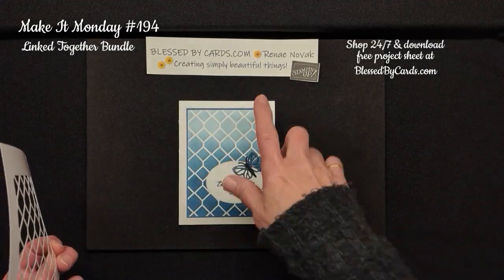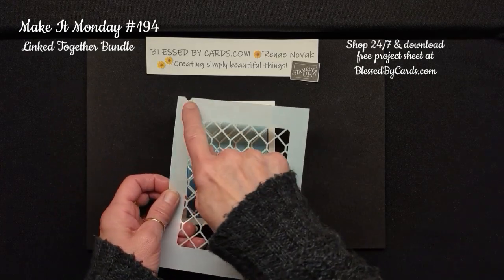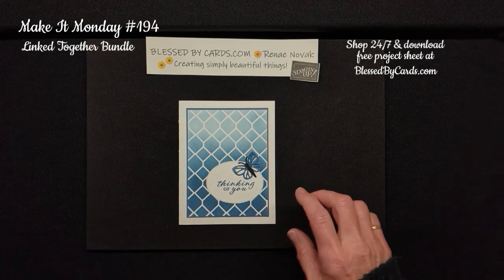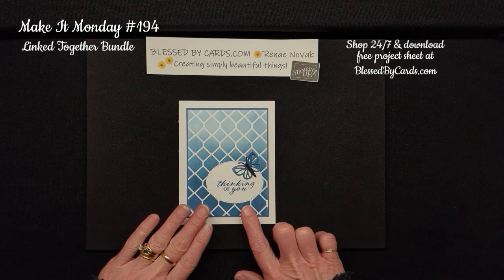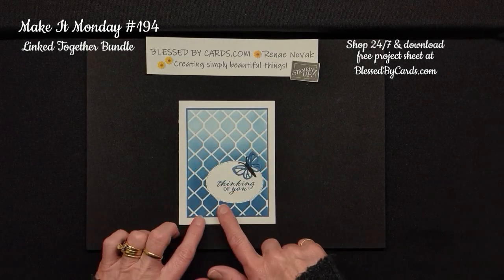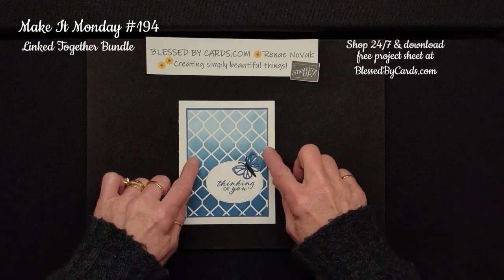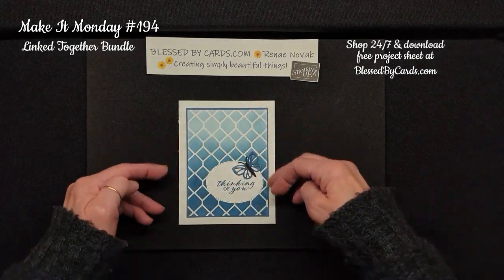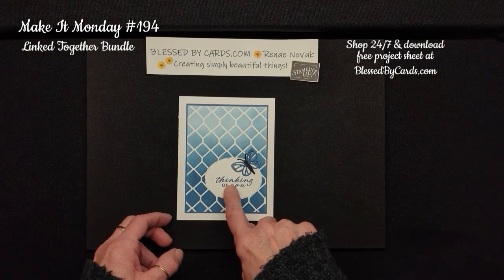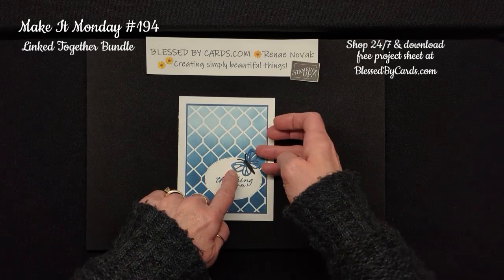But if you're going to build, like in the next card, I'm going to show you how to build, then you're going to need to use that little piece there to line it up. So I just did the Misty Moonlight with a blending brush, and I started down here and I went up to lighter, and I just kept doing that and got down here darker, medium here, and lighter to give that more ombre look. And so I stamped the greeting from Wonderful Thoughts,